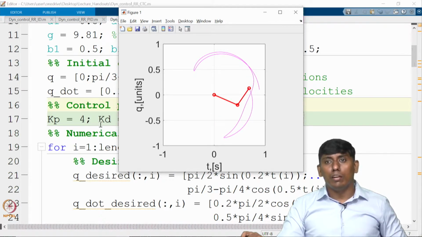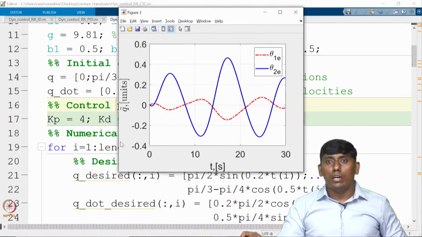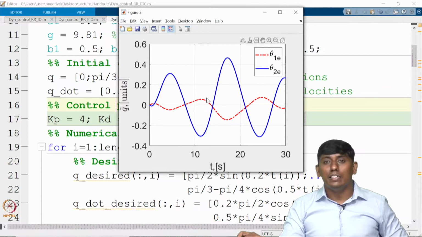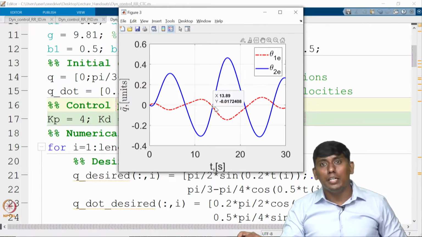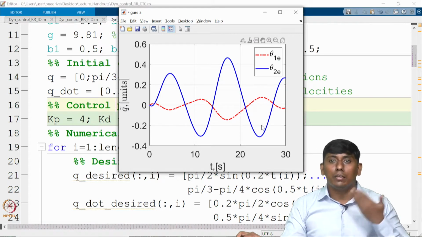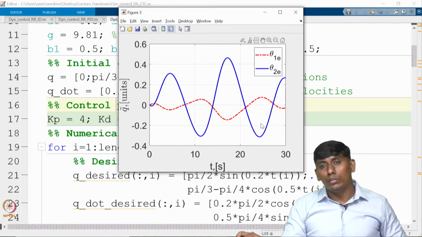Now the error is propagated, right? You can see the PD control with a simple motion based compensation is within plus or minus 0.05 radian, but it is going across. In the sense the second state is not able to follow because the disturbance effect vector is propagating, which we are trying to compensate.